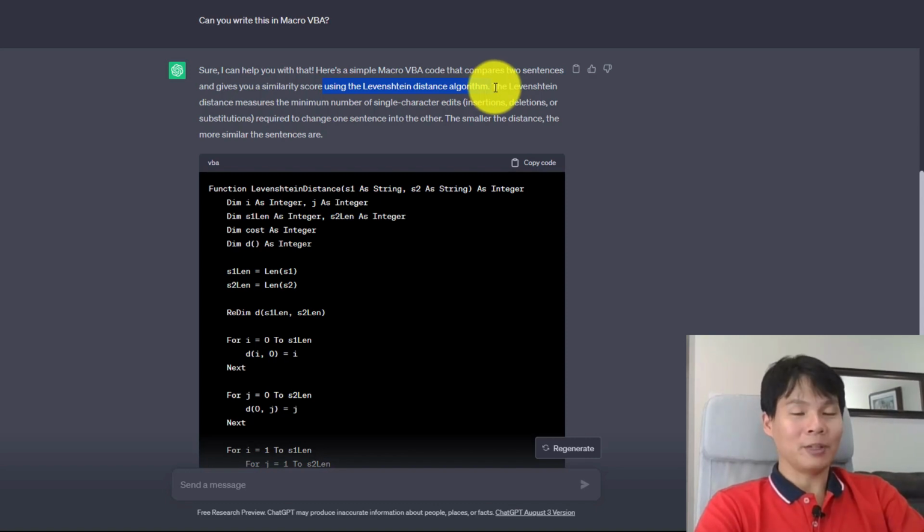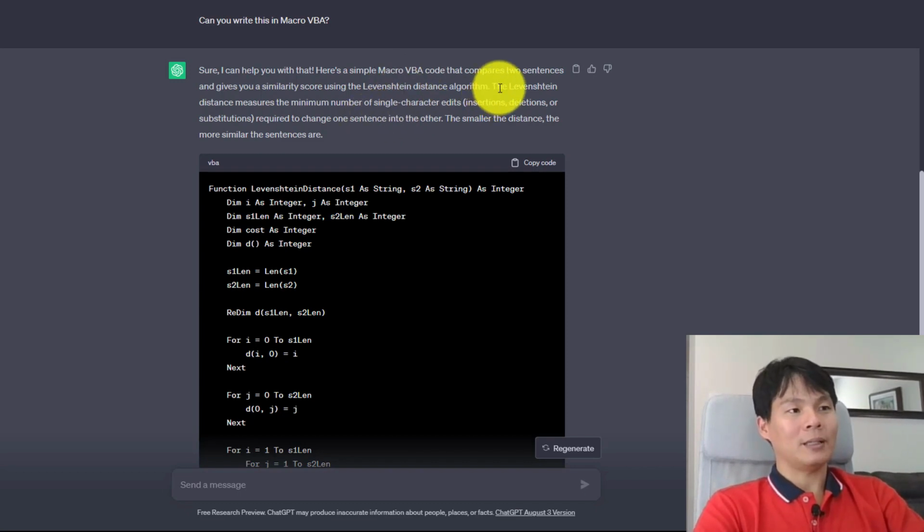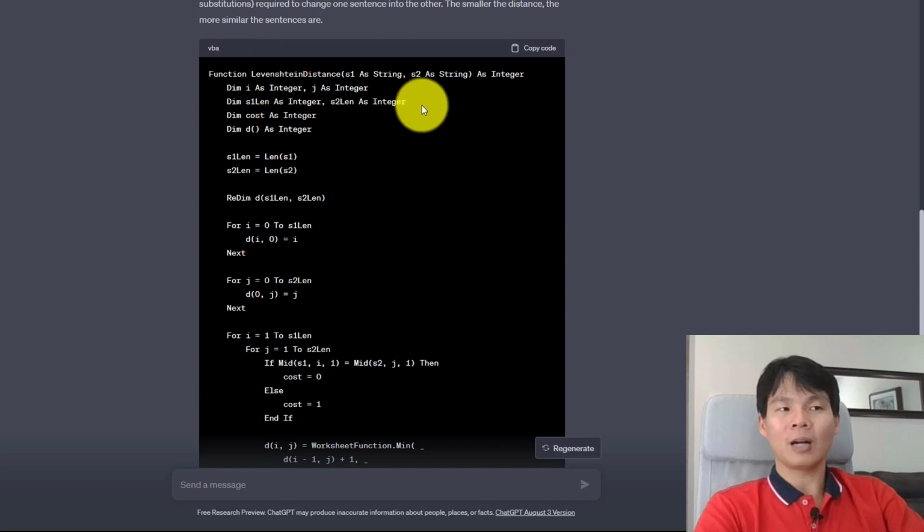I have no idea what this is actually, but the really cool thing is if you're unsure, you can just simply add a follow-up question after that and ask ChatGPT to explain this further for you, right? And then it just mentions how this algorithm works. And then we have our code